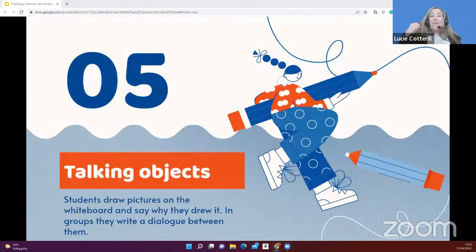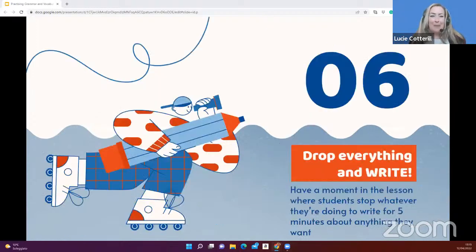Okay, great. So, as I say, it required no preparation and everything comes from the students. But you can find writing in a lot of things. So, for example, students could write a story based on the lyrics of their favourite song, or they could write a story about their favourite famous person. The key thing is that they get to write about something which interests them. And this brings me on to my next idea.